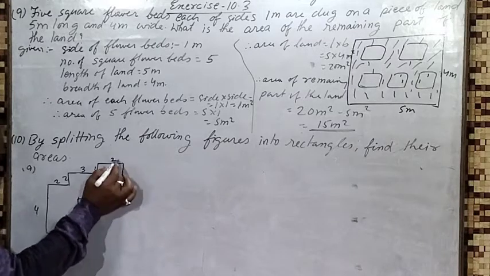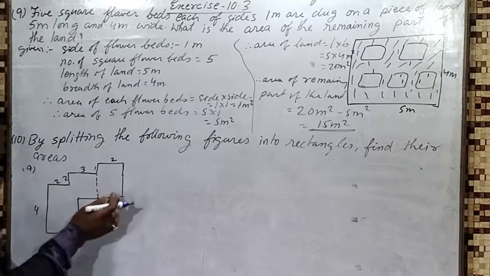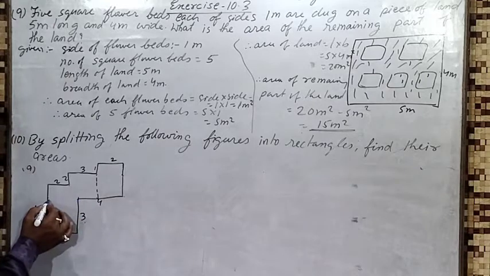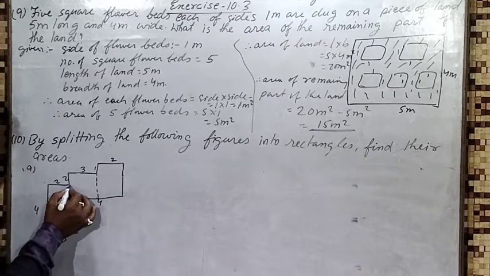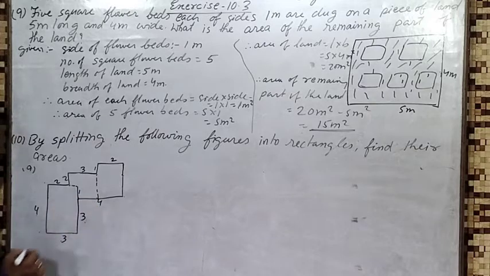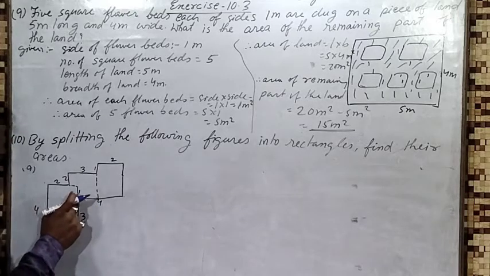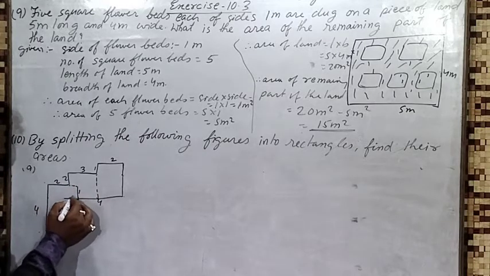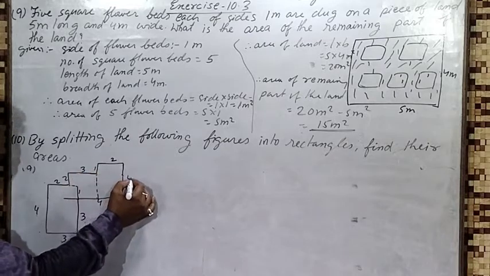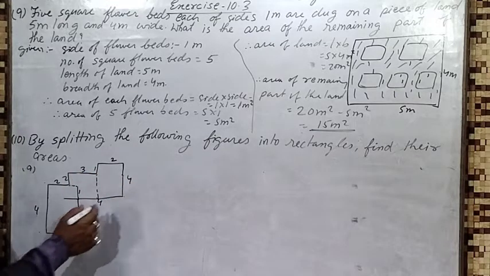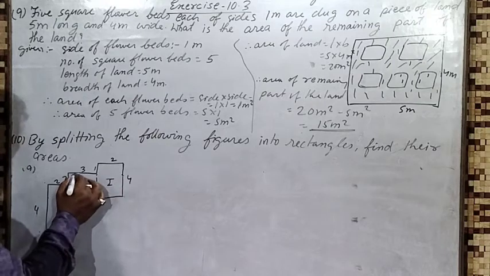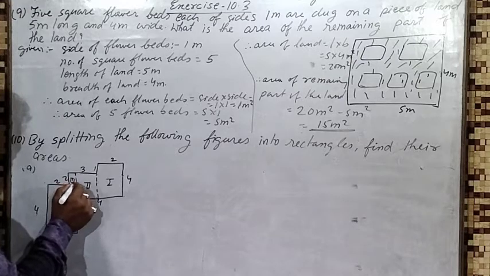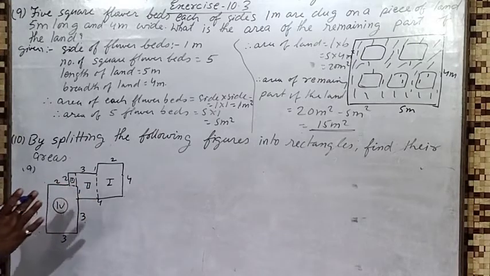This one is not given. This is 2, this is 1, this is 3. To find from here to here, this side is given 3, and from here to here it is 4, so from here to here it will be 1. This one is 1, this one is 2, 2, 1, 3. From here to here it is 3 plus 1, 4, so this side will be 4. You take this first figure, this one second figure, this one third figure and fourth figure. I have taken 4 parts.